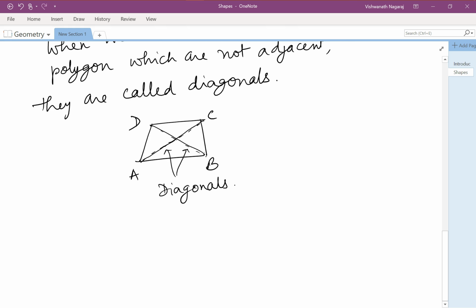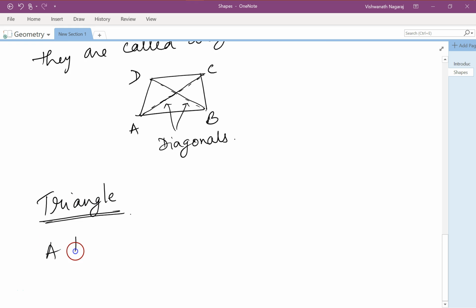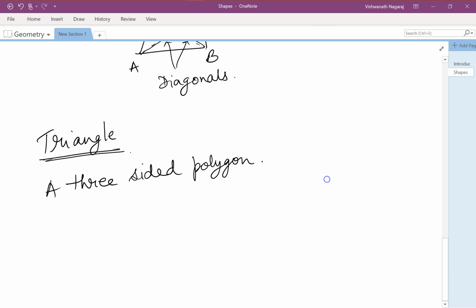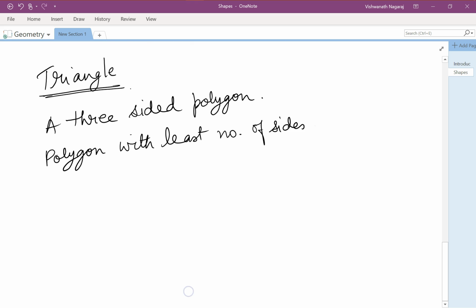Okay, let's look at some types of polygons. Triangles. Tri means three. A three-sided polygon is called a triangle. Now this is a polygon with the least number of sides, and usually if we have this as a triangle A, B, C, and remember we have named the vertices. Now if we want to name the sides,